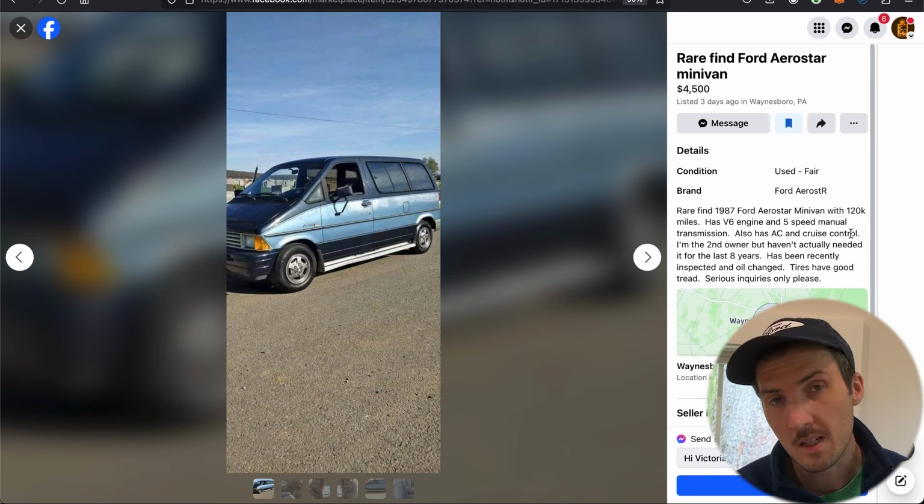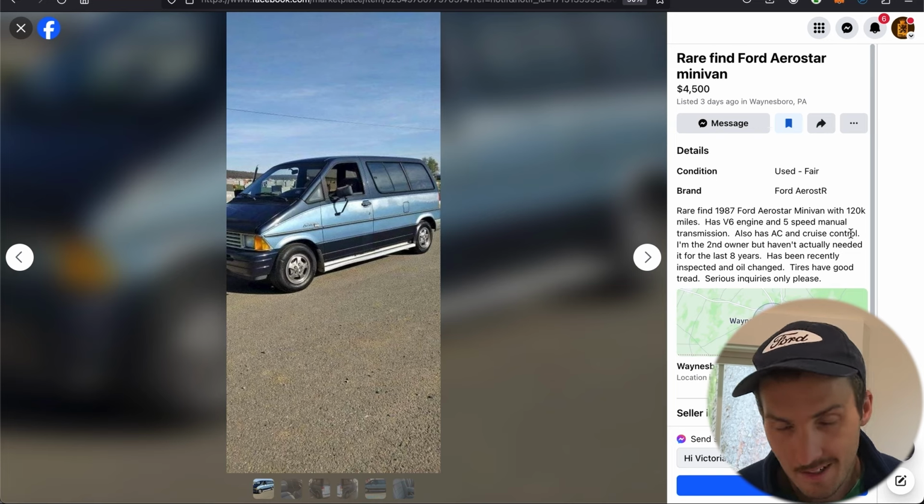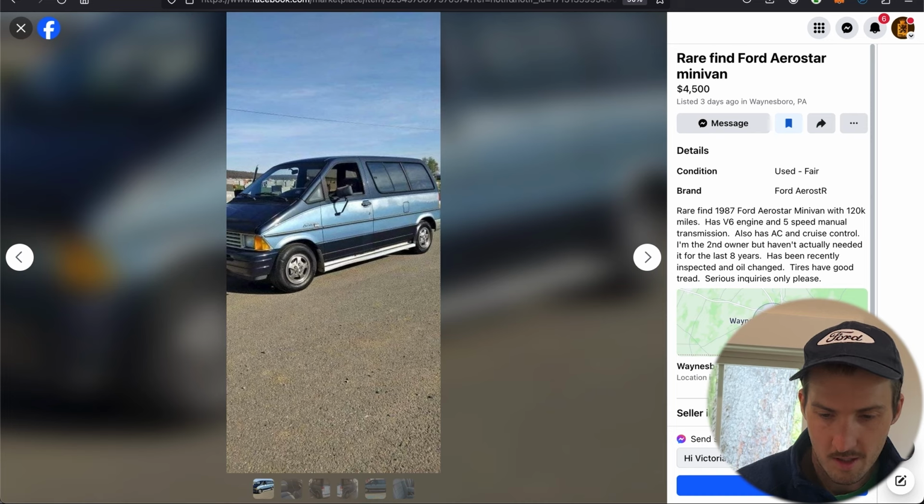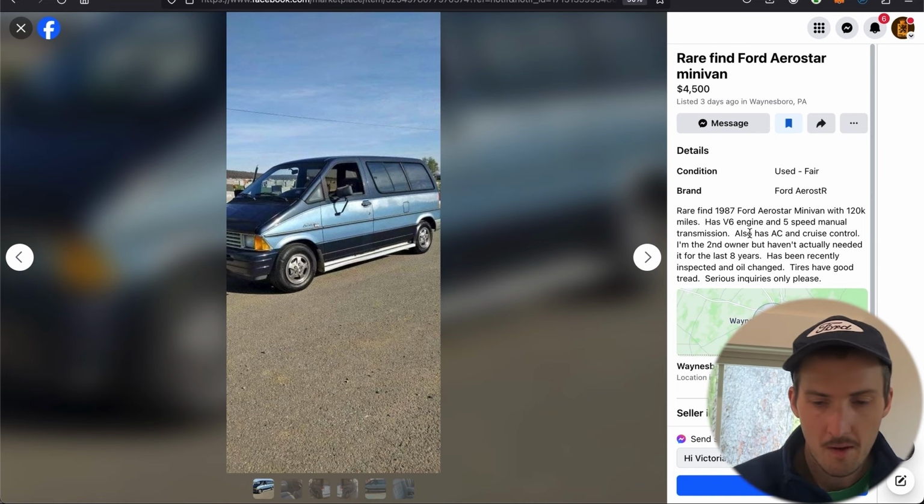However, it would be very serious. It's not serious. It's very serious because I would love to just get more information about this Aerostar. So there you have it. Obviously,